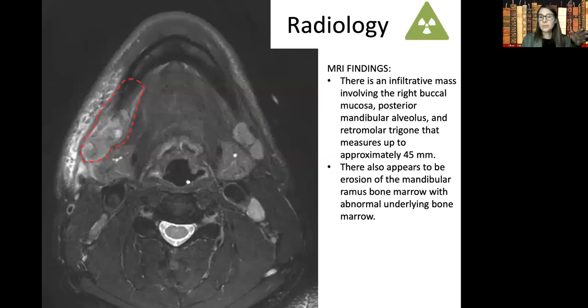Okay, back to the radiology in our case. It shows on MRI an infiltrative mass involving the right buccal or cheek mucosa, the posterior mandibular alveolus, the retromolar trigone right behind the molars, measures about 45 millimeters, right? So 4.5 centimeters. There also appears to be some erosion of the mandibular ramus here with underlying abnormal bone marrow signal. So we can expect some potential bony involvement, but most of this is a gingival or buccal squamous cell carcinoma with